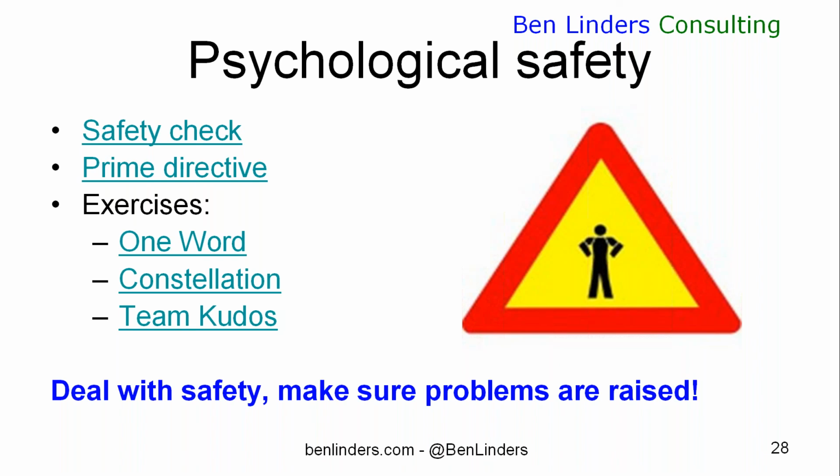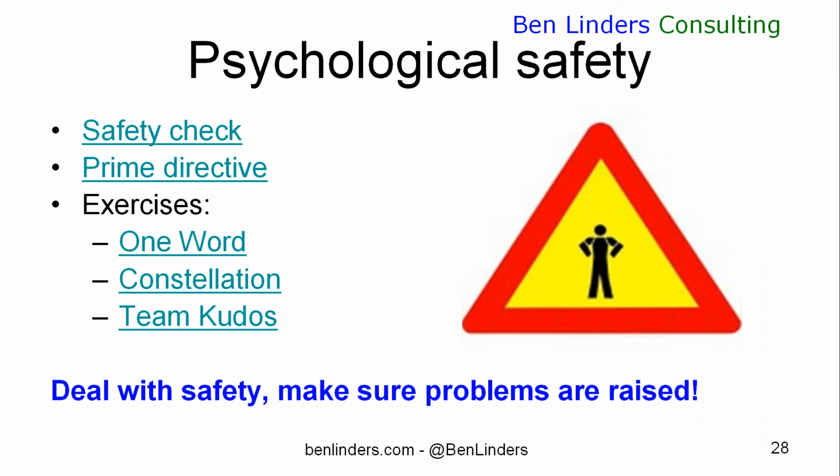The one word exercise is a thing that you can use where people will basically state in one word how they feel about how things are going right now in the team. You're just collecting those words and then starting a discussion on how things are going. Most of the time, people feel safe enough to express that in one word. And it's easy for people to say just one word rather than make long sentences, certainly if you have people in your reach who are introverts. For the extroverts, it can actually be a challenge to bring it back to one word. But the good thing is that by asking people to state in one word how they feel, you're making everybody equal in the room. You're making everybody act equal because they just have to use one word, no more, no less.